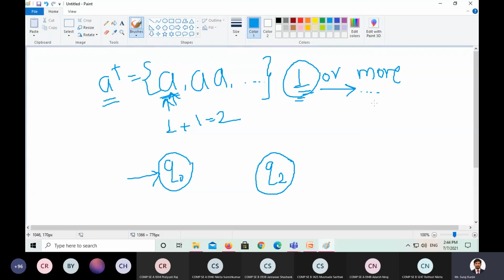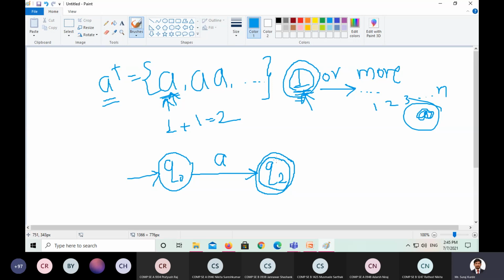There is no condition on how many A's will be there. 1, 2, 3, no condition. It can be anything, infinite times. So whenever you read the first A as the input or first letter, it may be A, it may be B, it may be C, anything. When you read the first input, the condition is satisfied. But on reading the first letter only, it should go to the final state. So the machine is currently in Q0. It goes to some next state on reading input A,